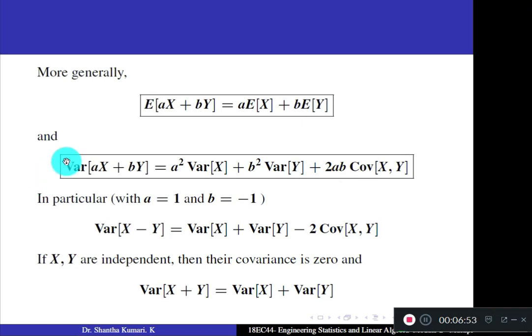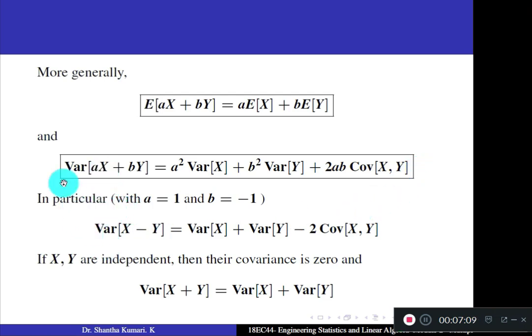I already proved this result in detail in your lecture notes. Just refer to the lecture notes. A step by step proof is given for this result. In case you have any doubt, take a screenshot of the lecture notes, mark the place where you have not understood, and send it to me.